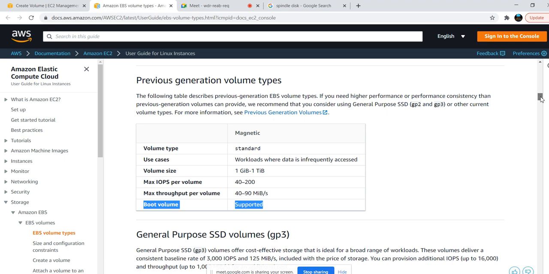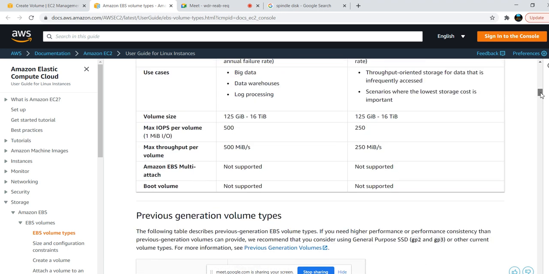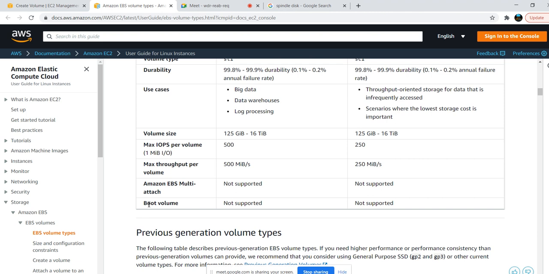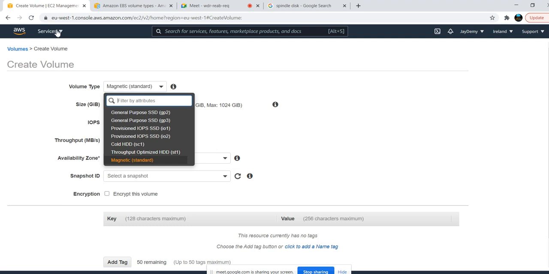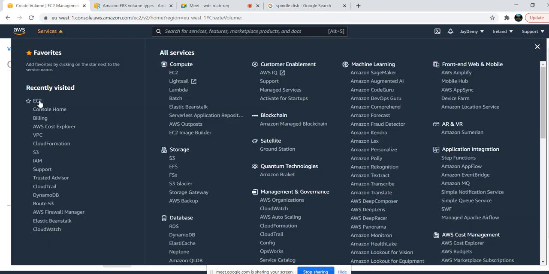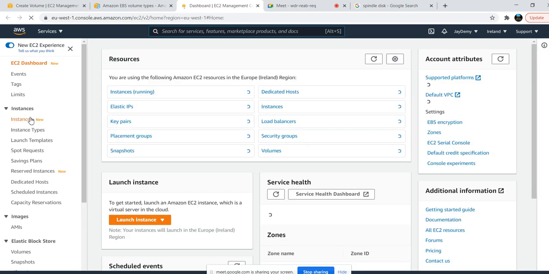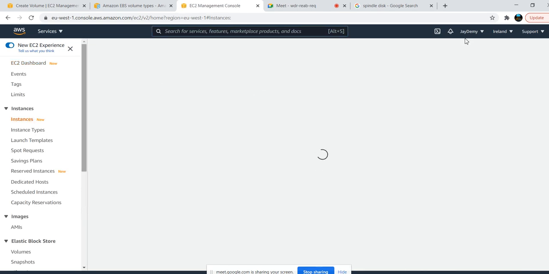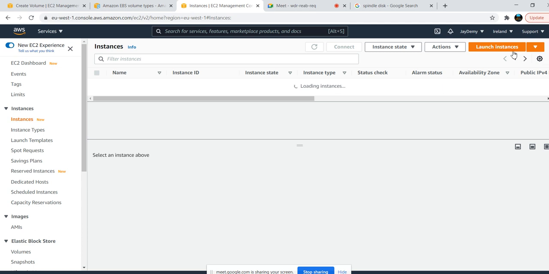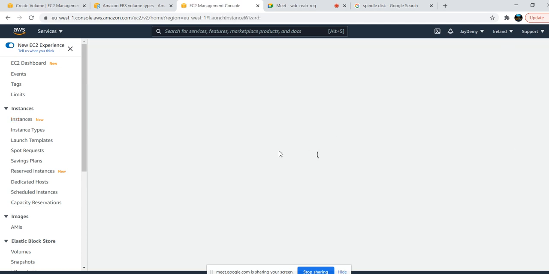That means whenever we are starting our instances, if you see here, both these HDD disks are not supported whenever we are creating our instance. Boot volume means nothing but our root volume. Whenever we are creating our EC2 machine, yesterday also we saw, today also we see now. Let me create one instance. There we will find whether we are able to get these HDD disks while creating or not.